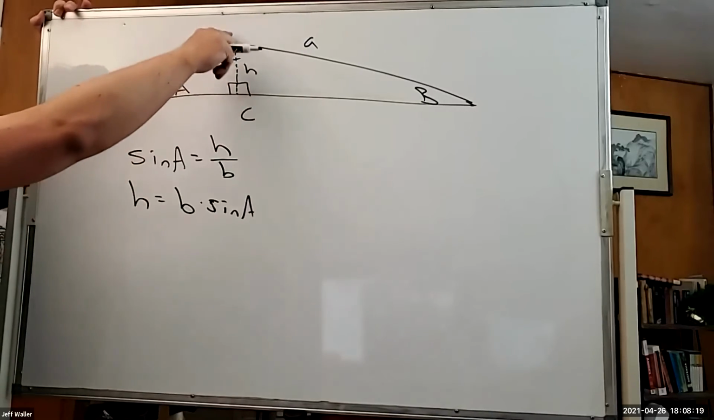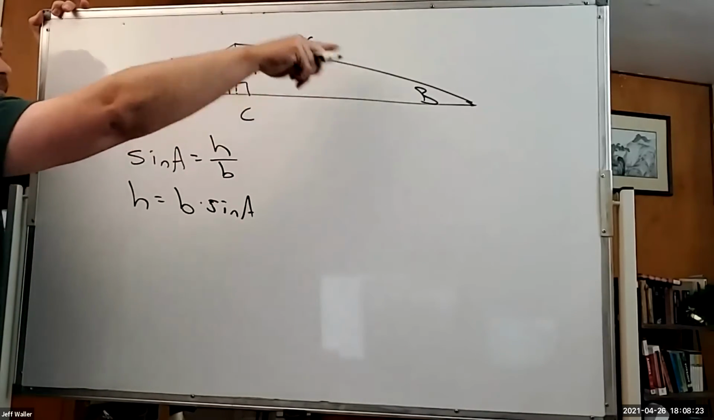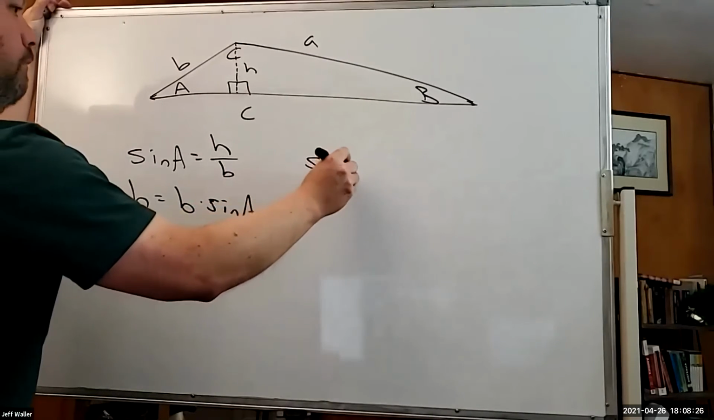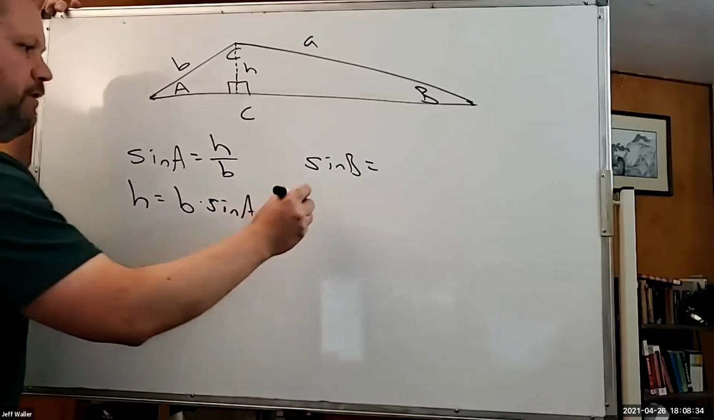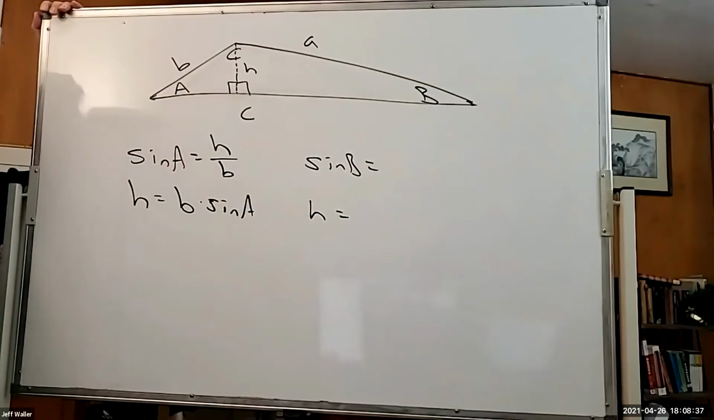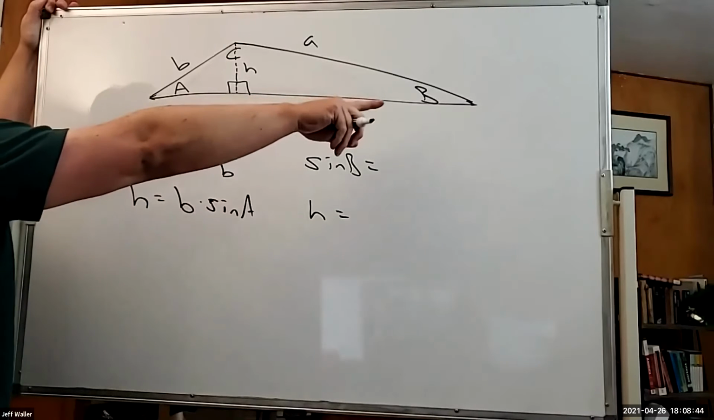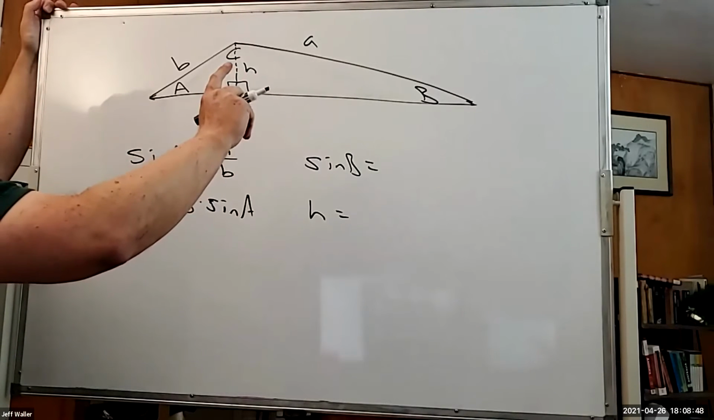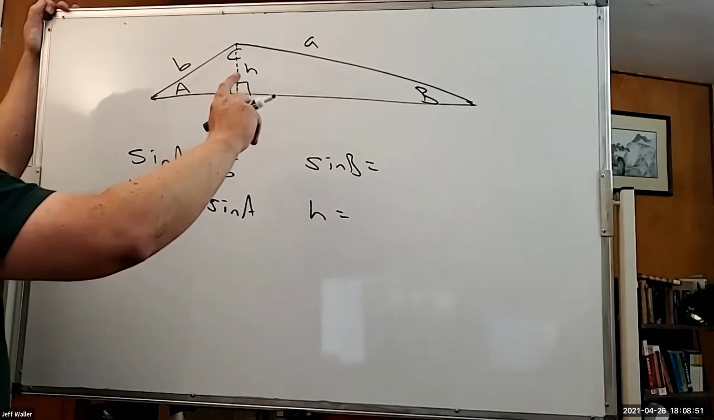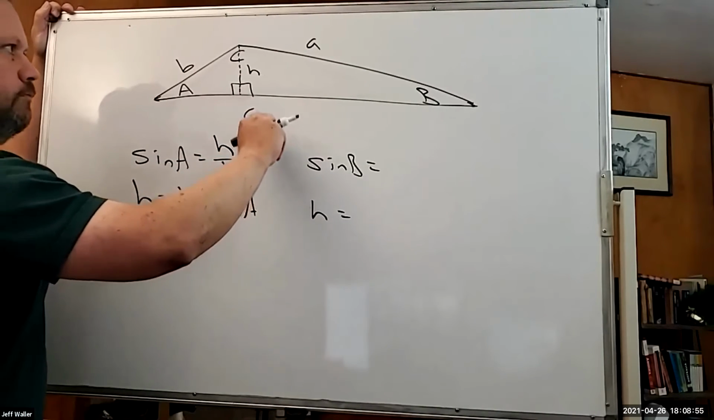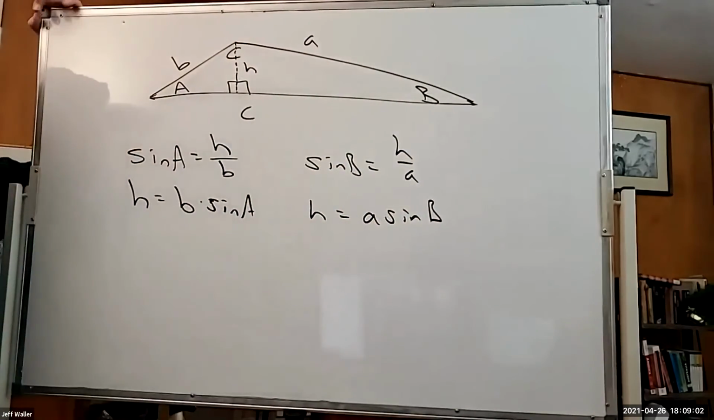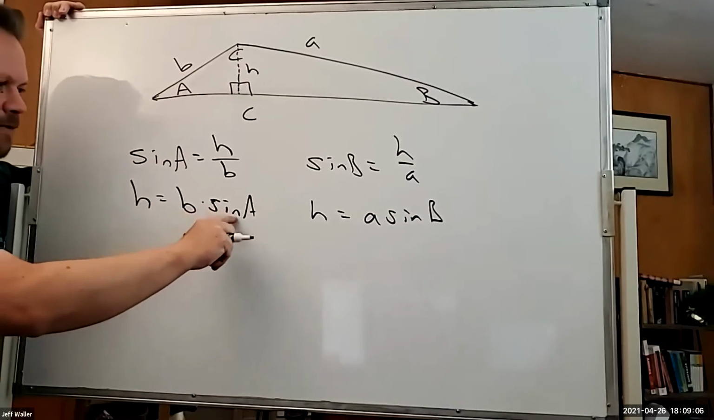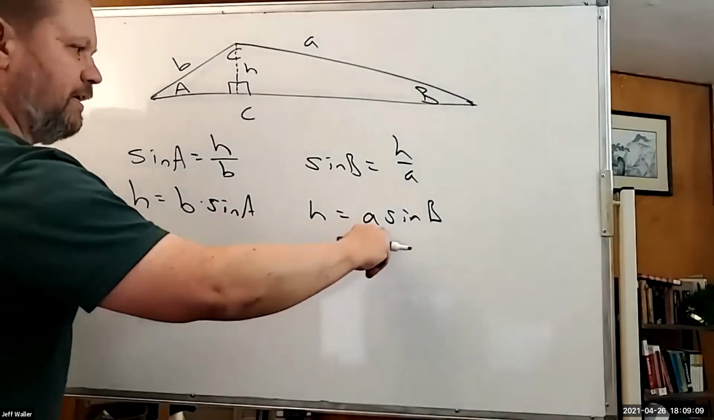Now, you guys do the same thing we just did, but do it for this triangle. Or you can go straight to this. So what is the sine of B? What's the ratio? H over A. Yeah, H over A, I like it. Therefore, H is A sine B. Now, if H is B times sine A, and H is A times sine B,